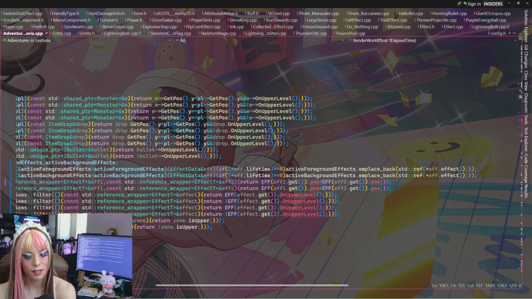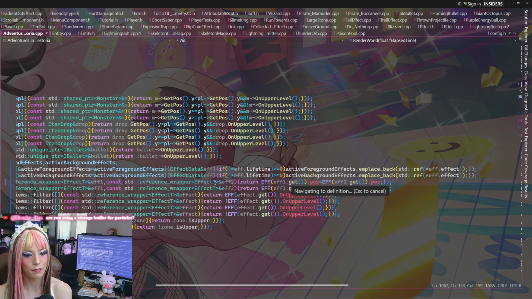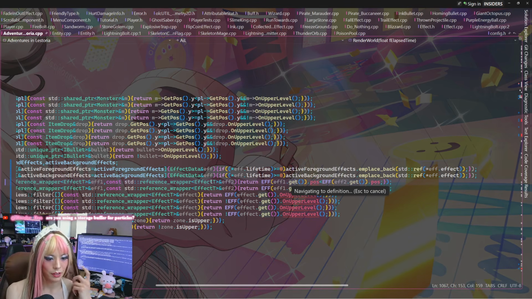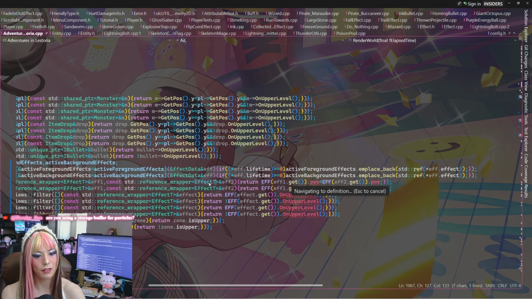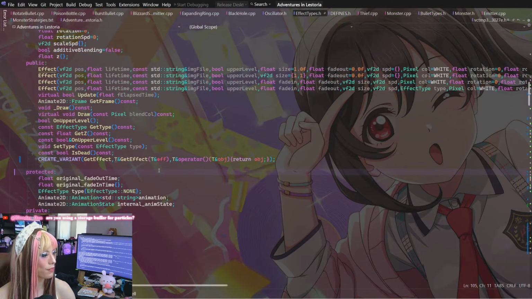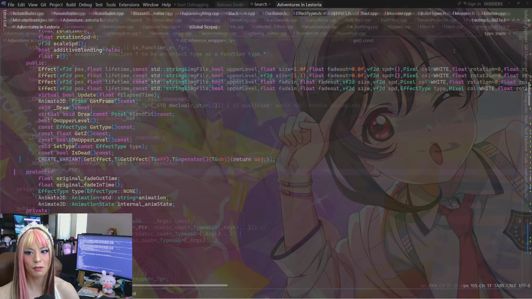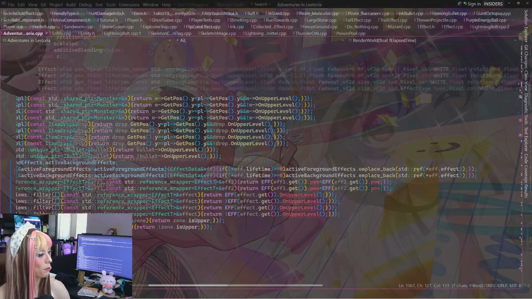It's just .get returns the effect T from an effect... oh wait, no, that's the effect reference wrapper. So effect T converted to effect. This is just a variant. It doesn't know what the type is. So it's not going to return the variant, it's supposed to return the actual type. Which is why I think we returned effect in the first place, because we want an effect out of it.